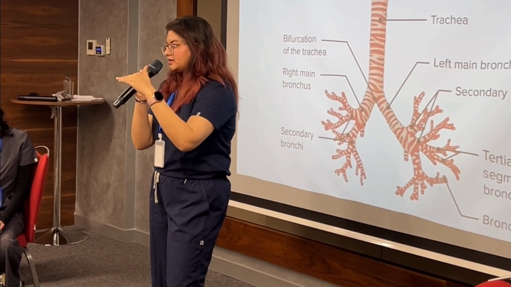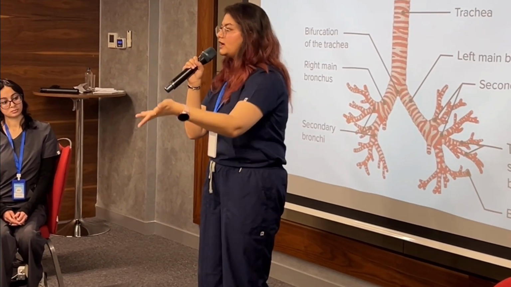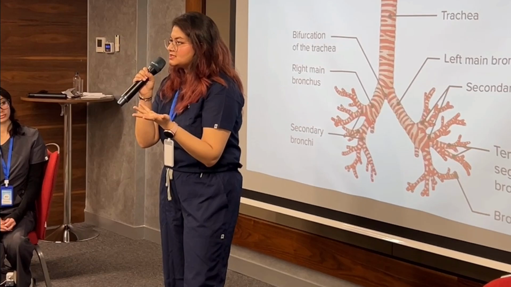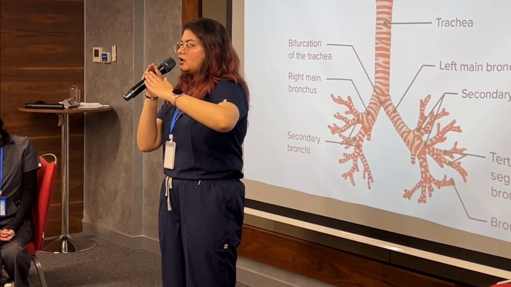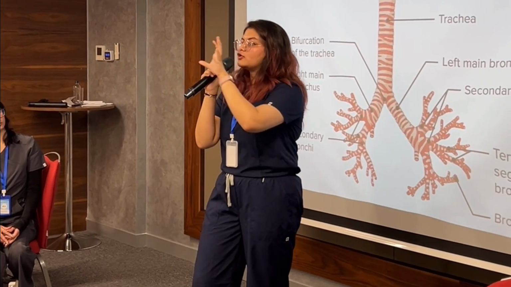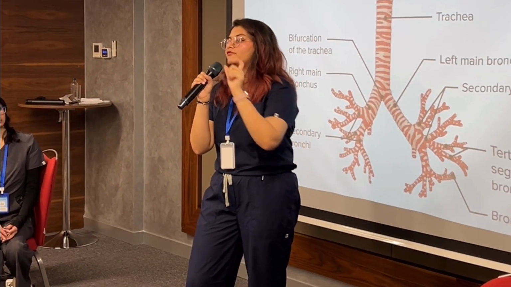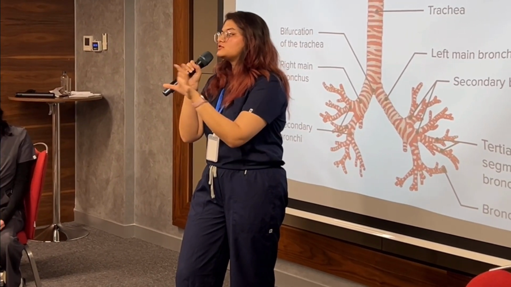If it is agitated, it will start the coughing reflex for us so that the foreign body is thrown out of our body. But by any chance it is not thrown out of our body, the carina is slightly tilted or angled towards the right side, so that the foreign object goes in the right side, in the right lobe. Now, why do you all think it goes in the right side? Why is the structure like that?